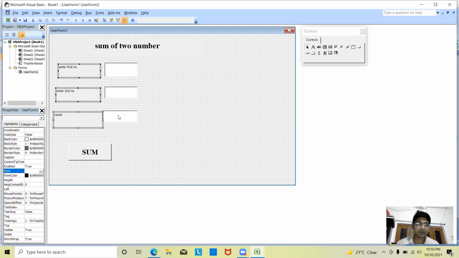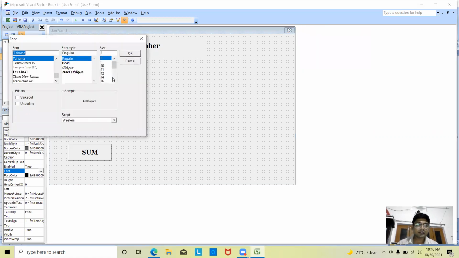I'm selecting the text box also, because whenever we take input, हमें text box पता चलेगा. So taking font size 18, bold, Times New Roman.